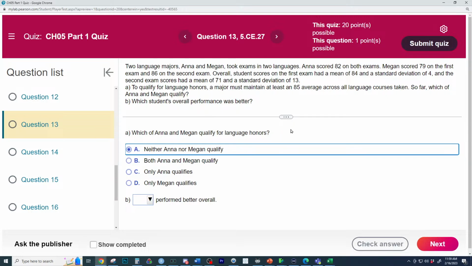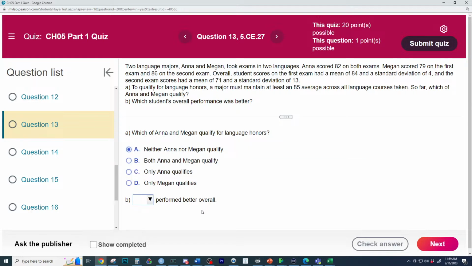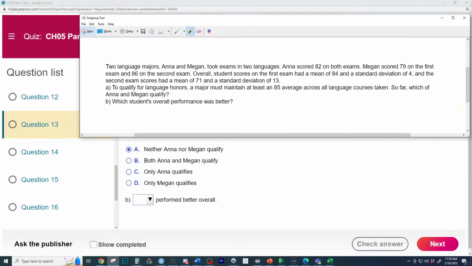So Megan scored a 79 and 86. So what you have to look at here is their whats. So what should we look at here, Jesse? How would we know which student scored better? So how could we compare them? The Z-scores. Okay. So Anna, her first Z-score is going to be